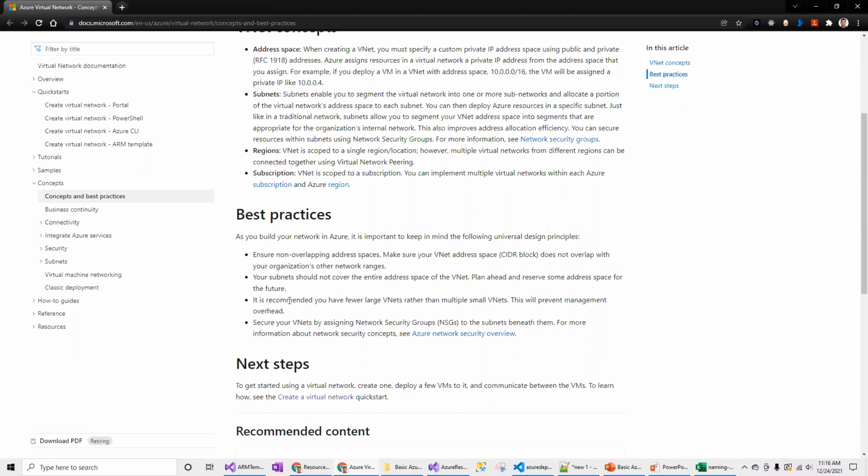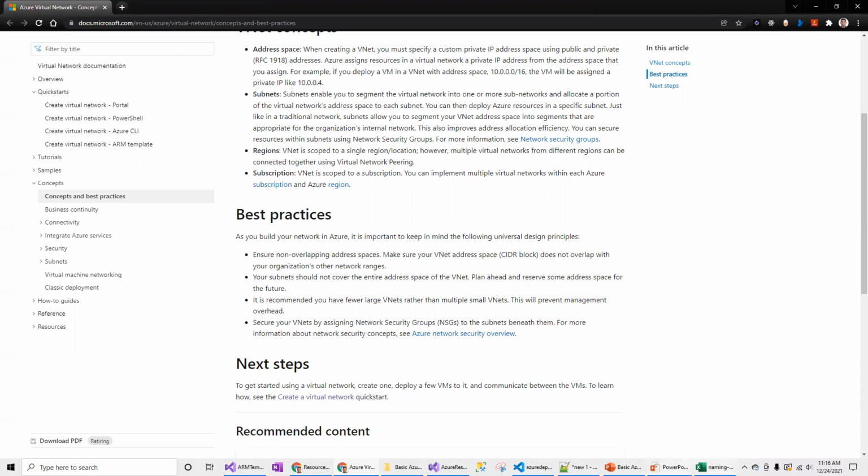It is recommended to have fewer large virtual networks rather than a large number of small virtual networks. It makes sense because managing many virtual networks is going to be overhead in the long term. So it is always recommended to have a large virtual network.